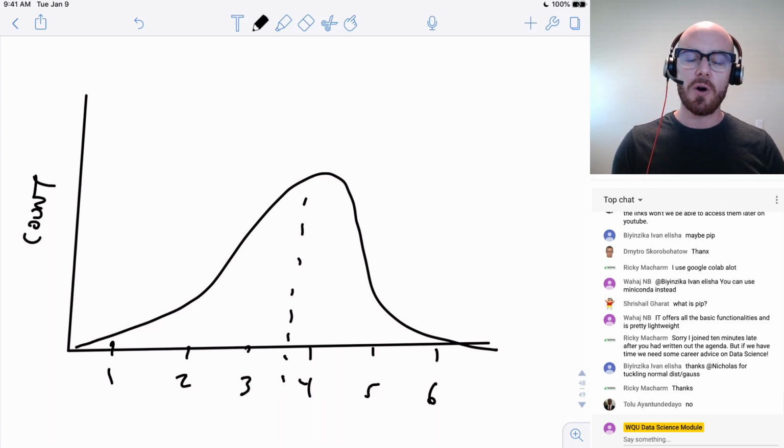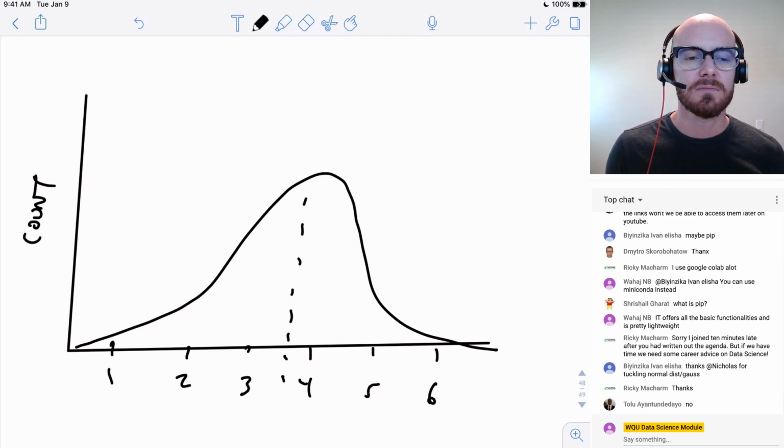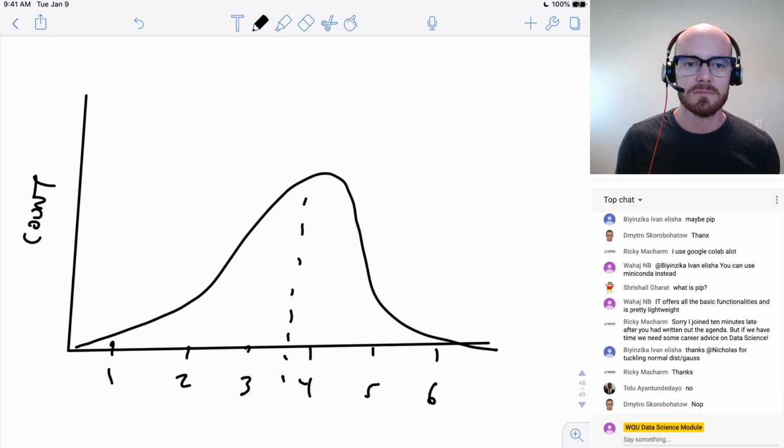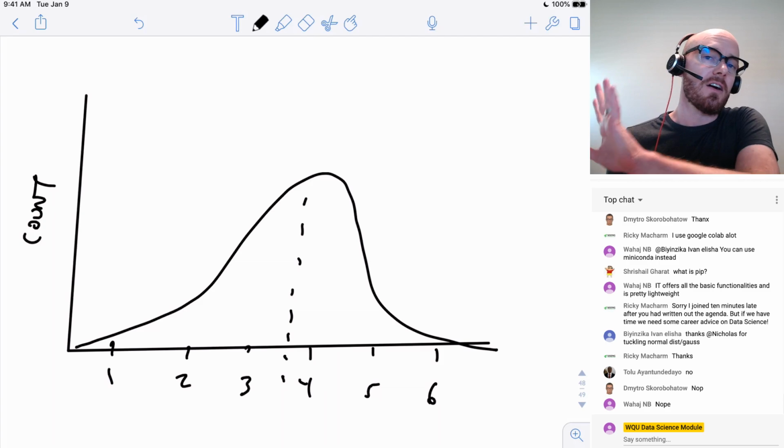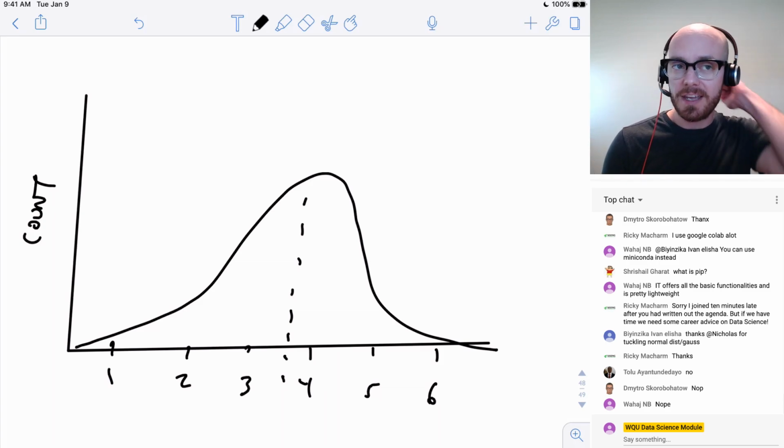Tolu says no. What do other folks think? Dimitri says no. Wahaj says no. So what is it going to look like then if it's not a normal distribution? So we know right there, okay, normal distribution is not going to work here.